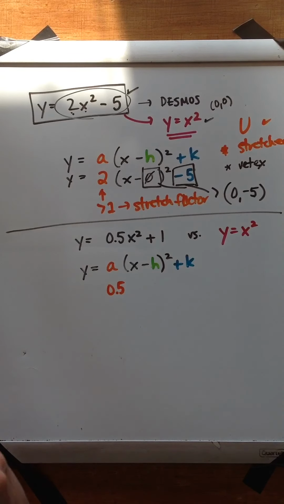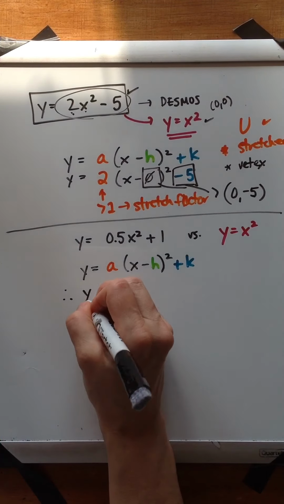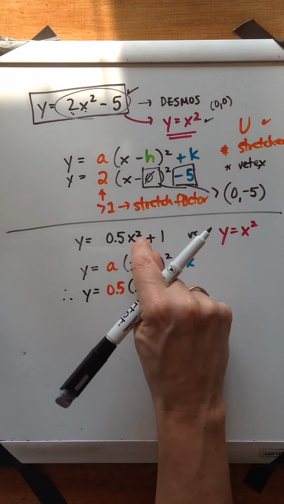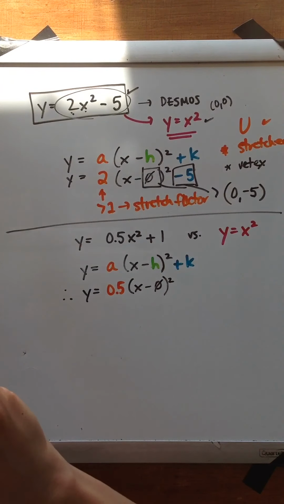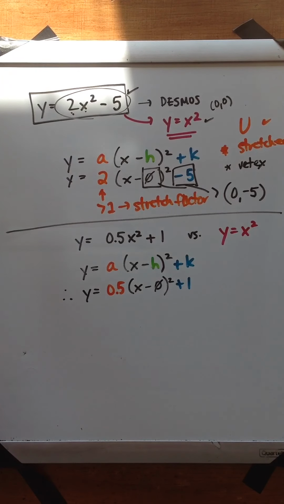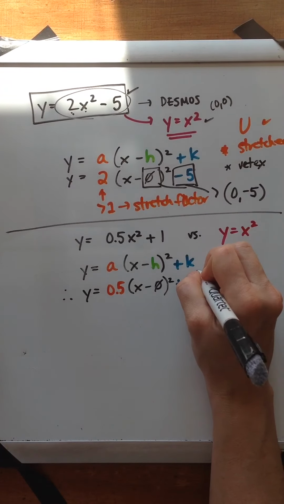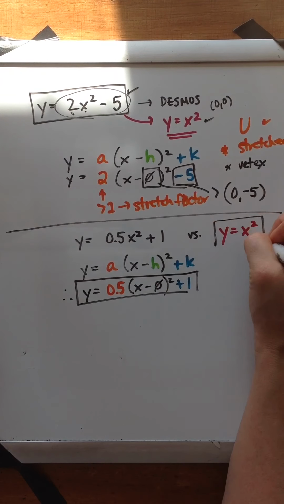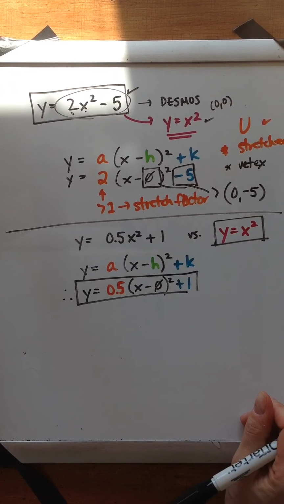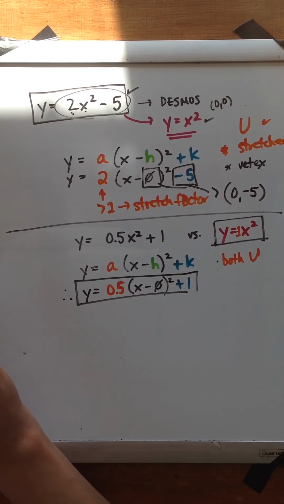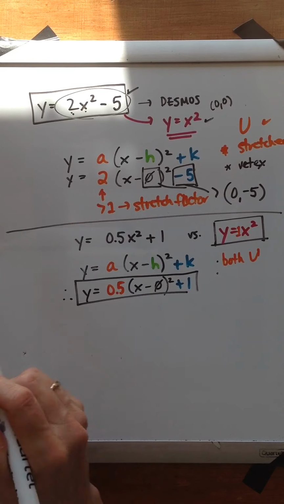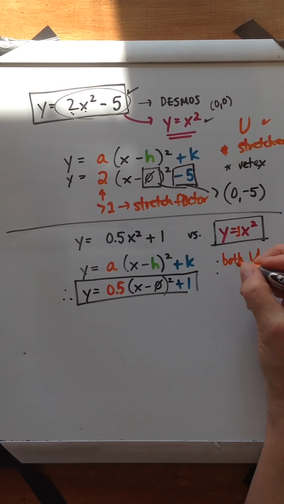Okay, and it looks like there's nothing in here, so again, no change. Okay, and we got a +1 out here. So when I compare and contrast these two equations, this one with my good friend up here, how are they similar? How are they different? Okay, well, they both have a values that are positive. Okay, so they are both upward facing, but they have different a values. This one is less than 1. Therefore, it's compressed. It's going to be wider